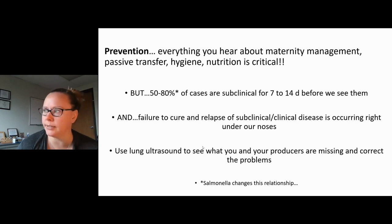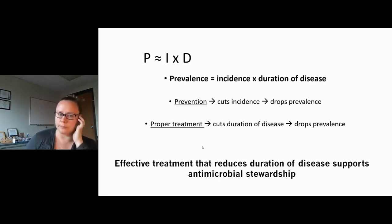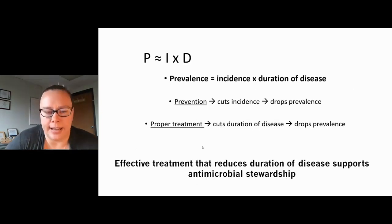There are operations that do have a bigger Salmonella issue than they do Pasteurella, but the ultrasound helps you and your veterinarian sort that out so you can manage it differently. All right. And when we are able to identify who is affected with disease more accurately, we can do something